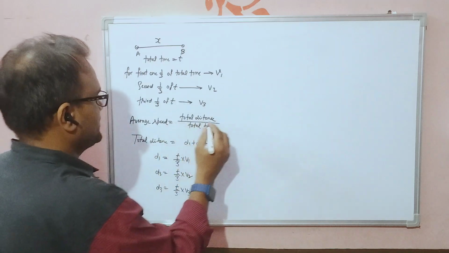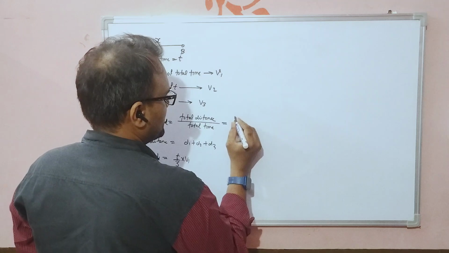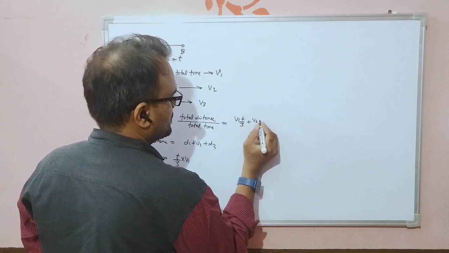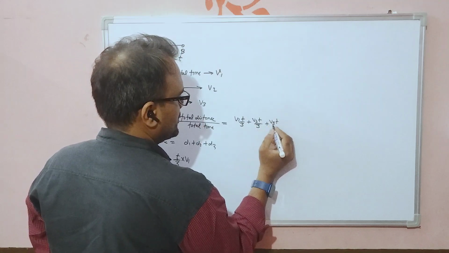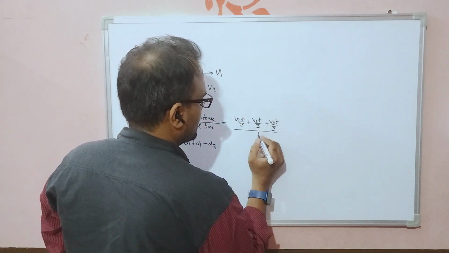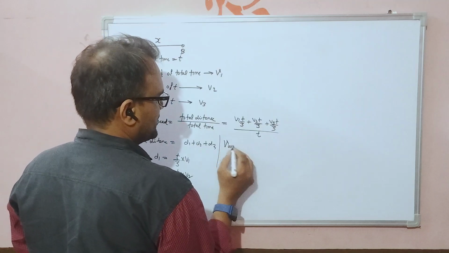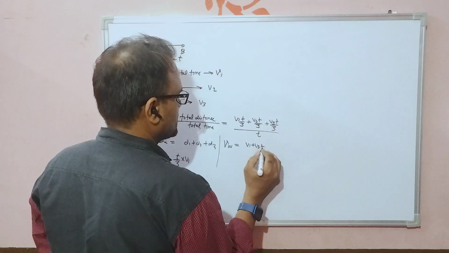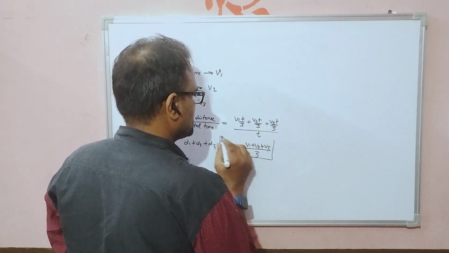So let's plug in over here. It will give me v1 t upon 3 plus v2 t upon 3 plus v3 t upon 3 divided by t. So when we solve it, then we get average speed, that is v1 plus v2 plus v3 upon 3. So this is our answer